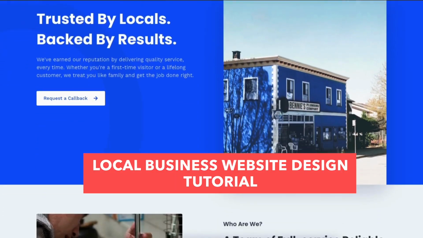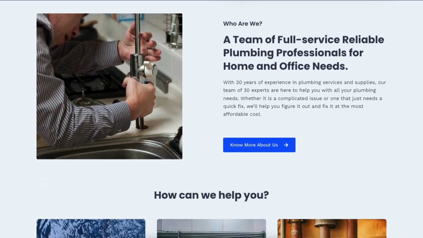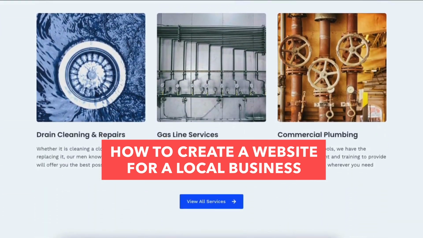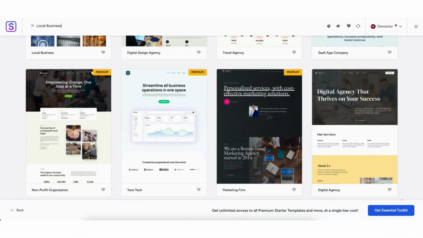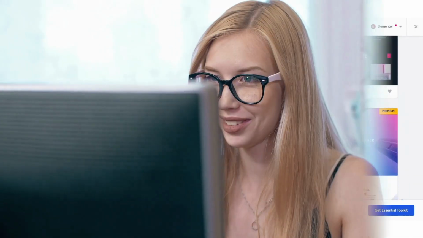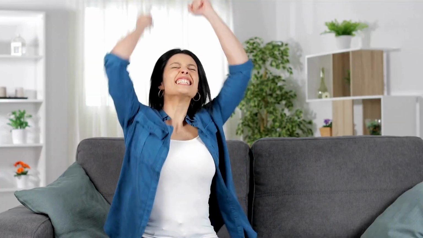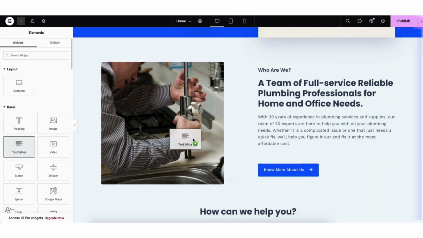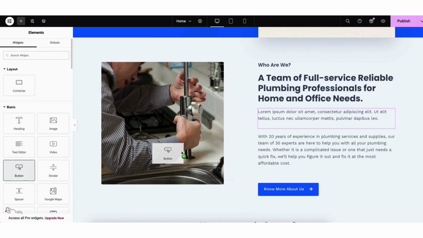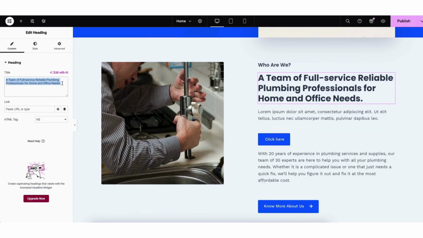In this local business website design tutorial, I'm going to be going over how to create a website for a local business step by step from start to finish. I'll be showing you how to access professional pre-made WordPress website templates to make creating your local business website an easy process. I'll also be going over how to make your local business website using one of the most popular drag and drop editors, Elementor Page Builder, so you can build a professional looking local business website via drag and drop.